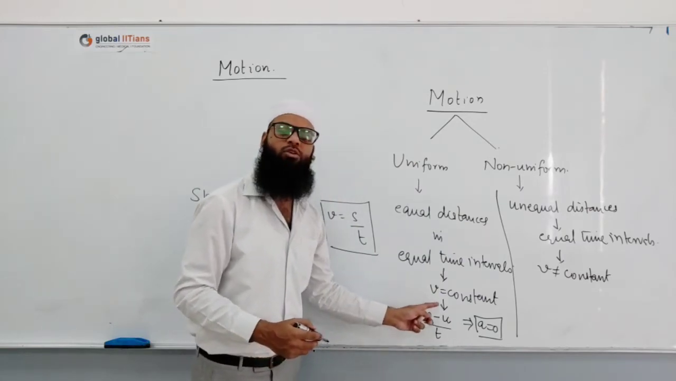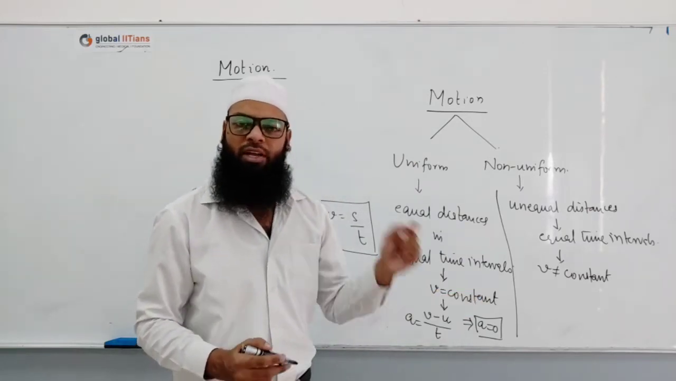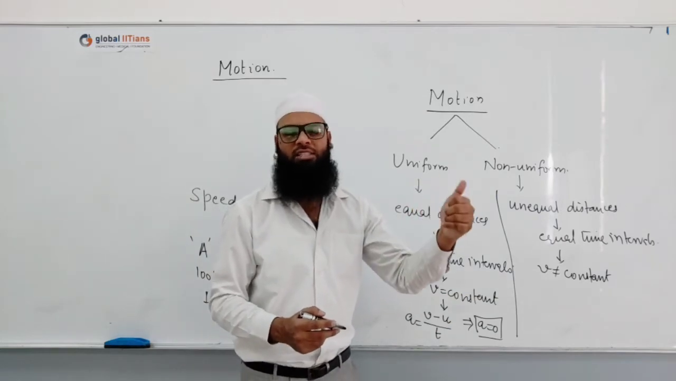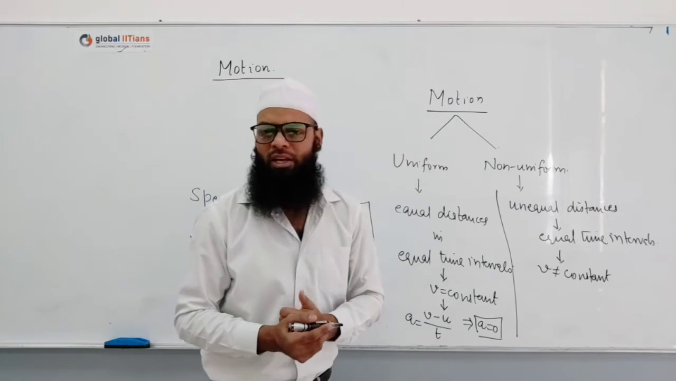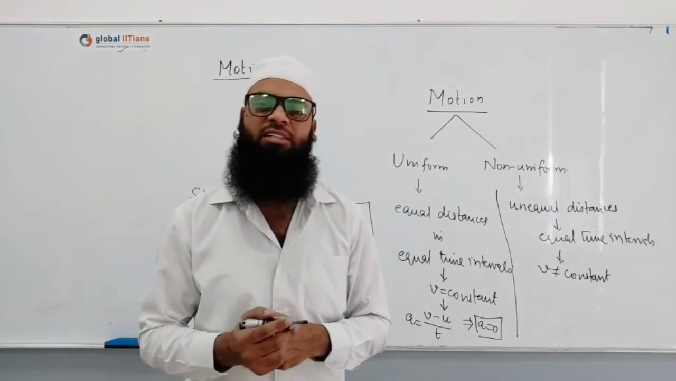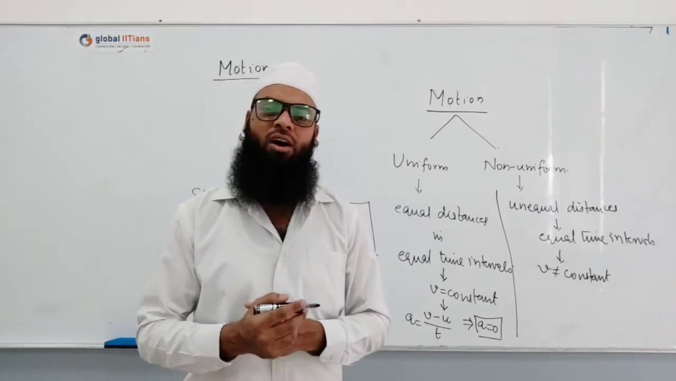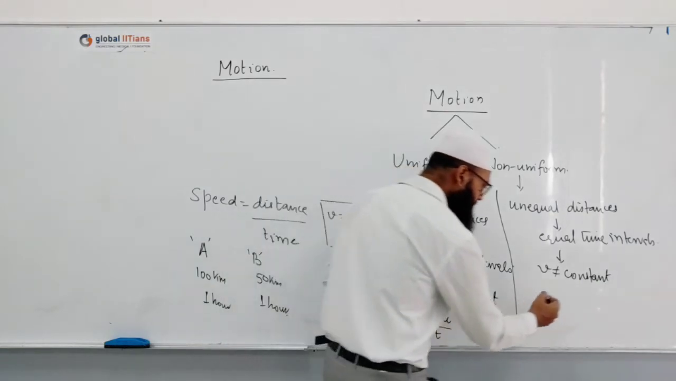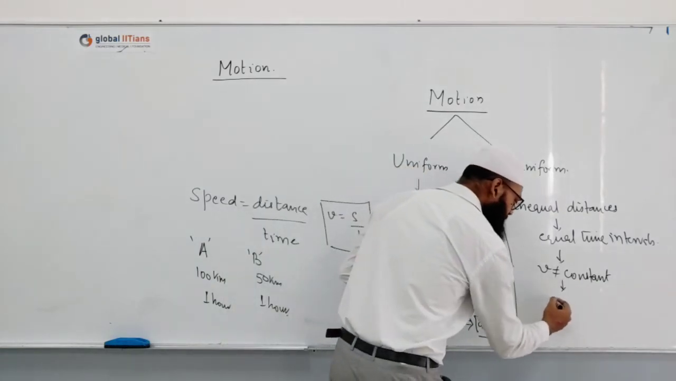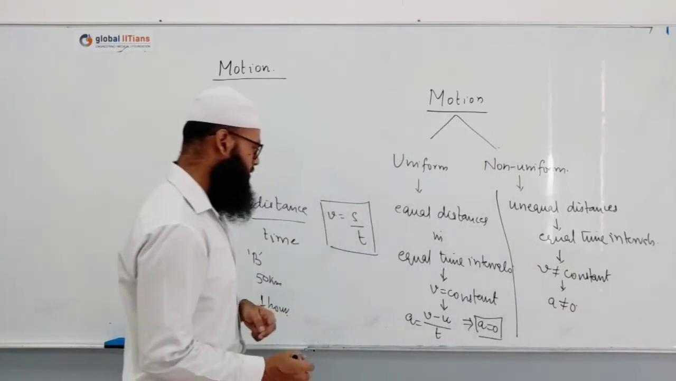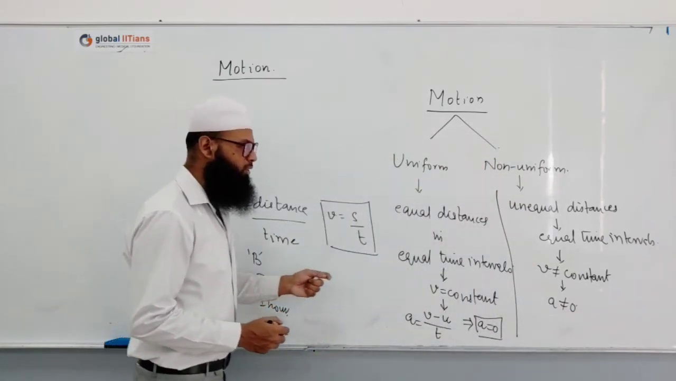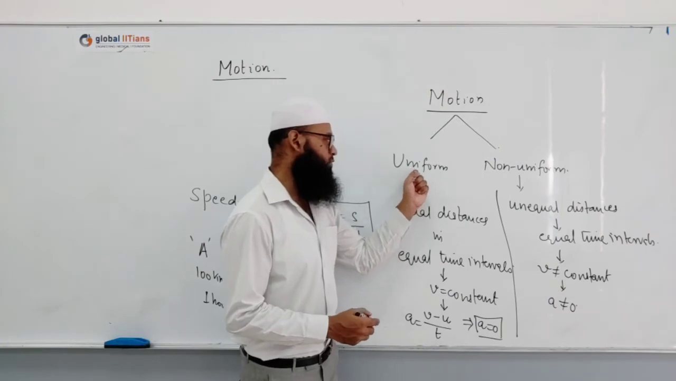I don't know whether it is going to be positive or negative. If the velocity is increasing, the acceleration is going to be positive. If the velocity is decreasing, the acceleration is going to be negative. And guys, negative acceleration is known as retardation or deceleration. So in this case, velocity is not constant. That means acceleration is not going to be zero. Okay. So now let us come to the formula that we can use in both the cases,